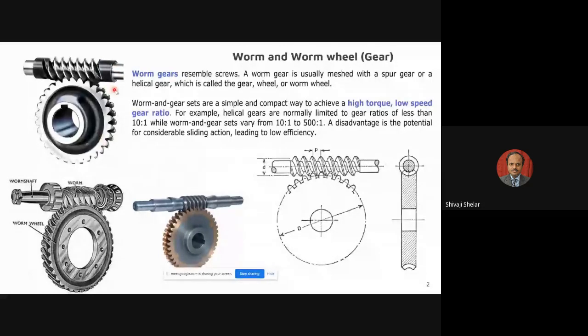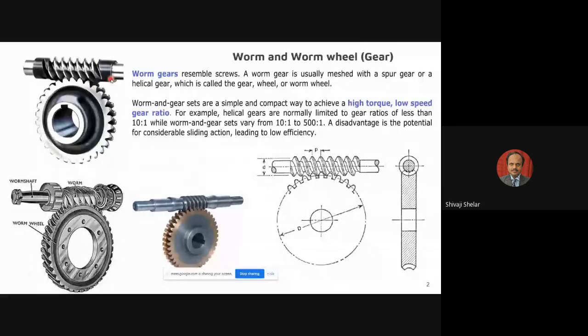The only disadvantage of this gear drive is its low efficiency. If you take the spur gear, it has a mechanical transmission efficiency in the range of 95 to 96%. If you take the helical gear, the efficiency is of the order of 99 to 99.5%. Very little energy is lost in friction there. Bevel gears again have lower efficiency, but still in the range of 94 to 96%. But worm and worm wheel have very low efficiency compared to other drives.